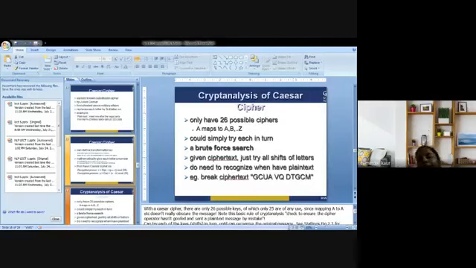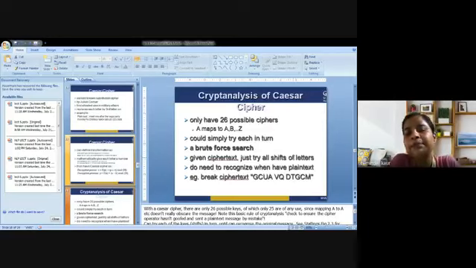Now what is meant by all the shifts? If we are using one shift, then A will be replaced by B. If we are using two shifts, then A will be replaced by C. If we are using three shifts, then A will be replaced by D. If we are using 26 shifts, then A will be represented by Z. In the same manner, we are supposed to try each and every shift of the letter, and recognize when we have plain text. For example, you are supposed to break the ciphertext.